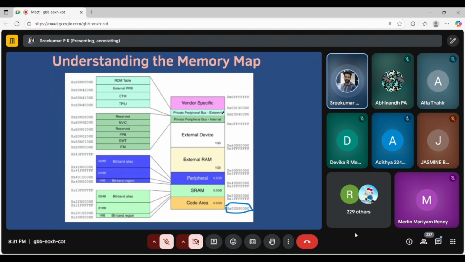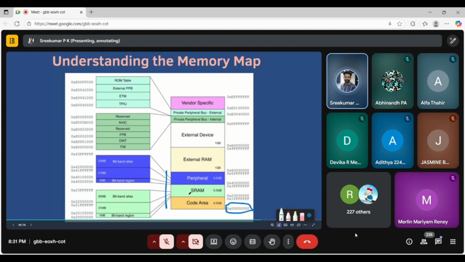Our interest lies in this area. Here the code area is 0.5 GB, 512 MB, SRAM is 512 MB, and peripheral is also 512 MB. Here lies all the information belonging to the microcontroller peripherals and the internal memory.